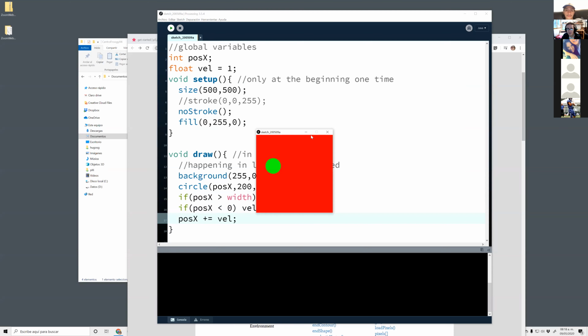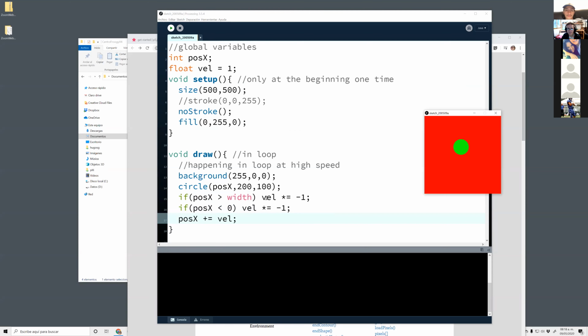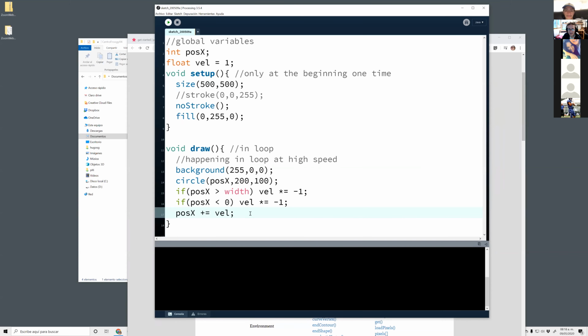So we are now going this direction, and now we are going this direction. And now we are going this direction, right? Why? What's happening in this point? Well, this part that is happening here,